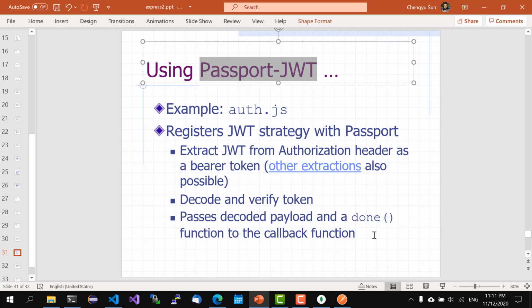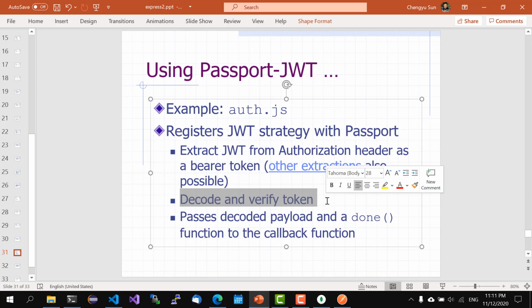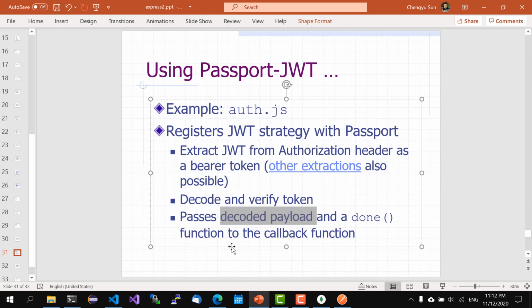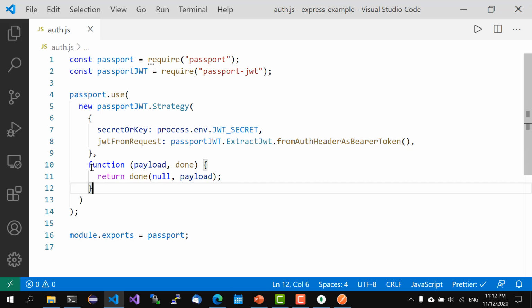And what this one does is it will automatically decode and verify the token for you and send back an error if the token signature doesn't verify. If it does pass verification, it will pass the decoded payload and the done function to the callback function. So you may be wondering why you need a callback function after it's already verified the signature and decoded